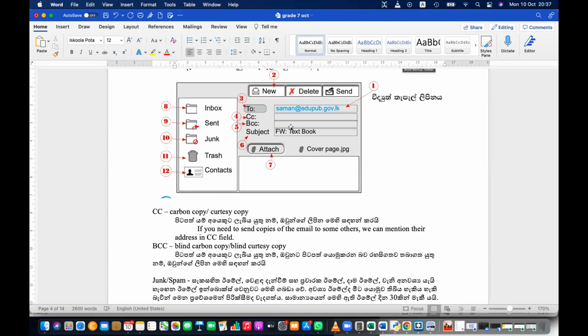So what happens if you mention multiple addresses in the To field?